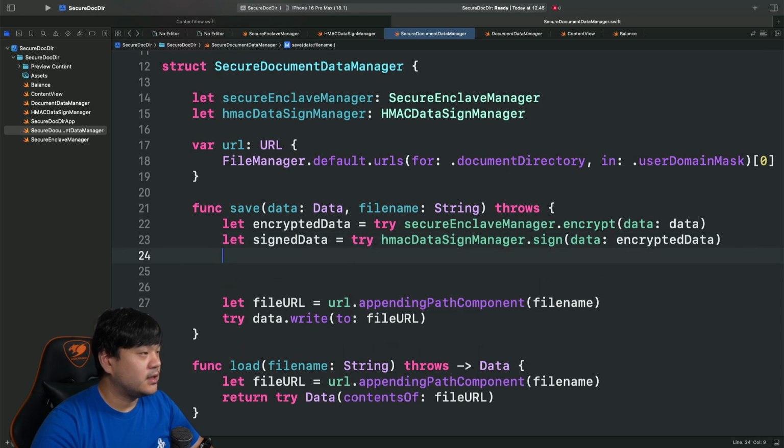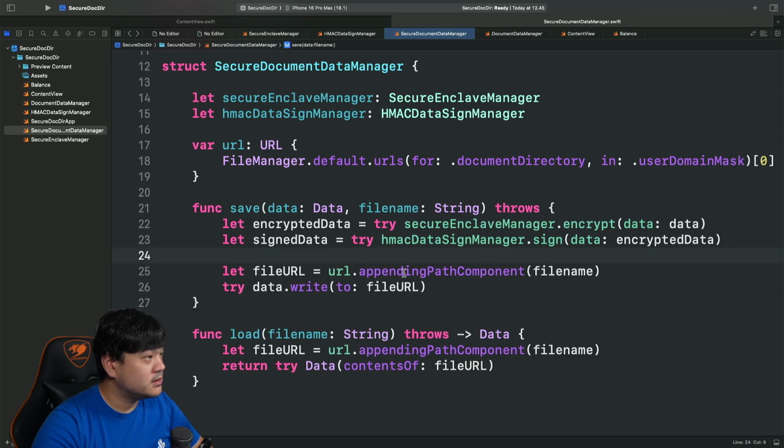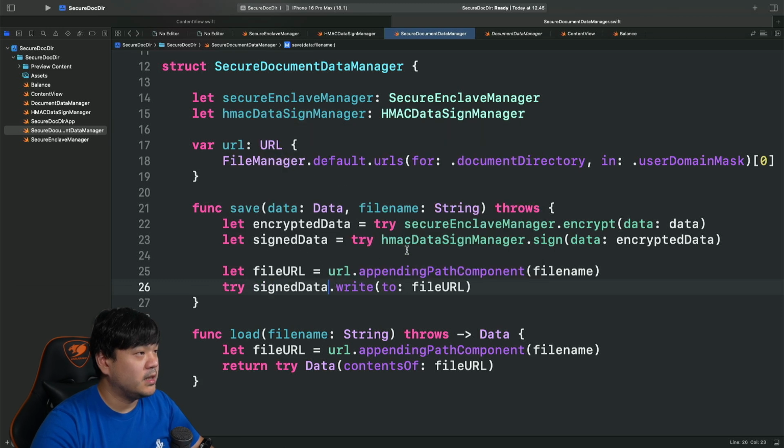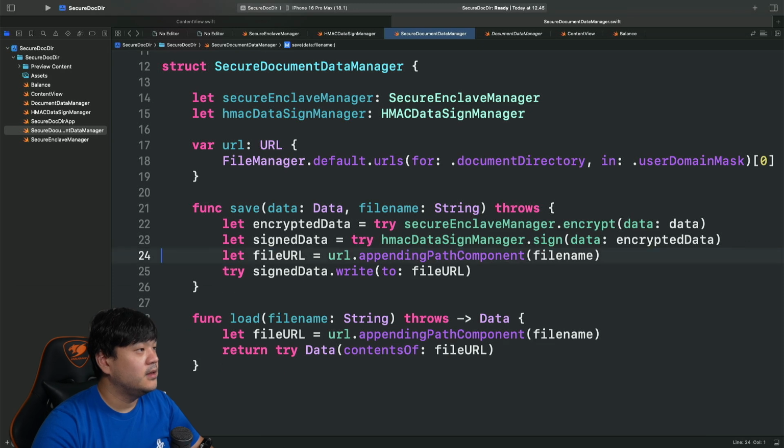After we get the signed data, we will store this in the document directory given the file name that is passed in. Sign data write to file URL. So that is for the save method.